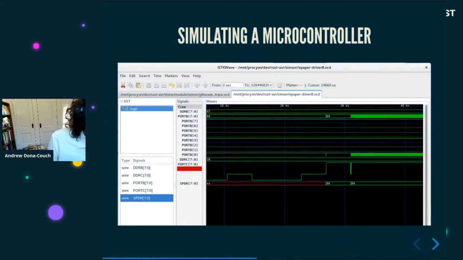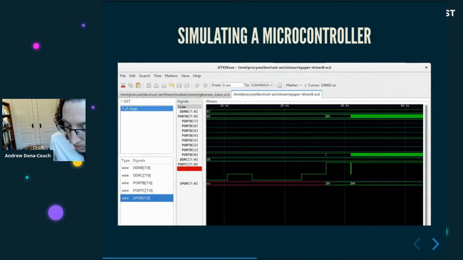And one third option that I've recently started looking at for debugging in an embedded context is simulating. Because these embedded devices are so limited, it's actually quite easy to run a program on your desktop computer that simulates the entirety of the embedded device. So there's a wonderful one for AVR. That's an open source project called SimAVR. And it allows you to